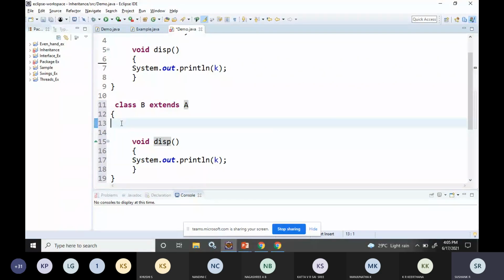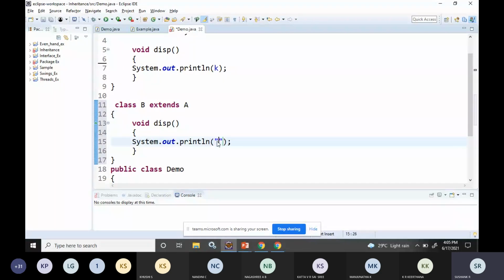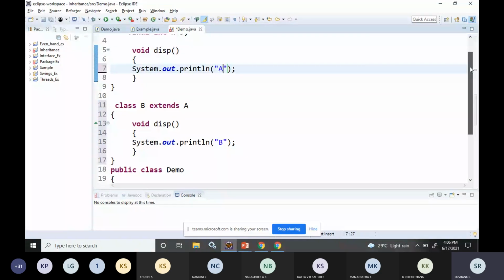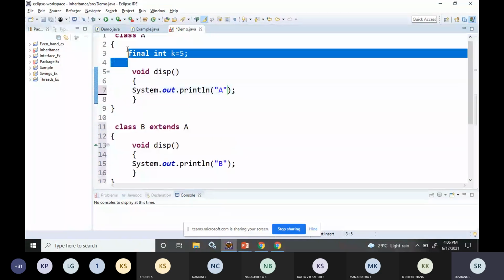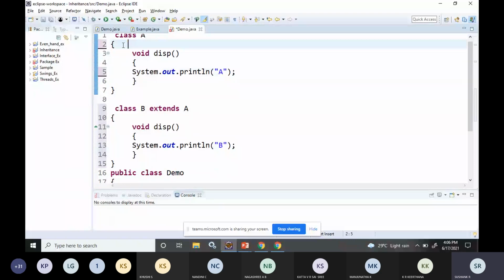Here I'll write B, here I'll write A. This final is interdependent, so that's why I don't want to leave it. Now there is a class called A, there is a class called B. Both the classes have the same function, display.